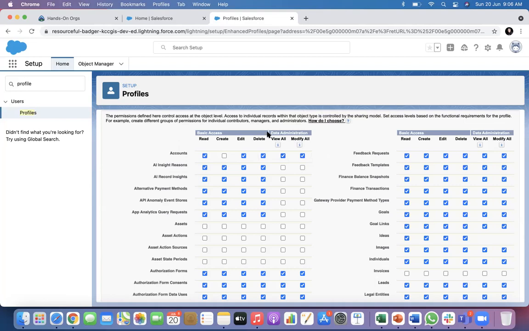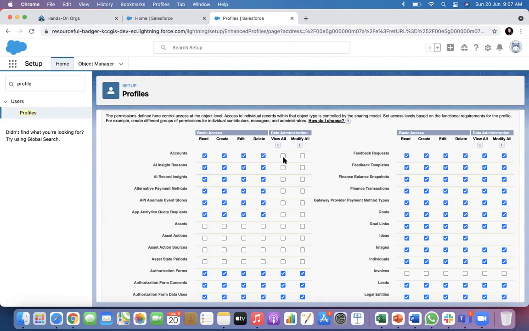Okay. So this view all and modify all is a bypass on OWD. It will be only applicable for users having this profile, because I have given view all and modify all permission. View all is standalone, but modify all has a dependency on view all. So modify all permission you cannot give without view all. Simple, basic, similar to the read permission and other permissions.